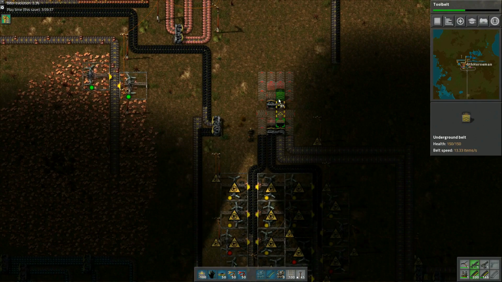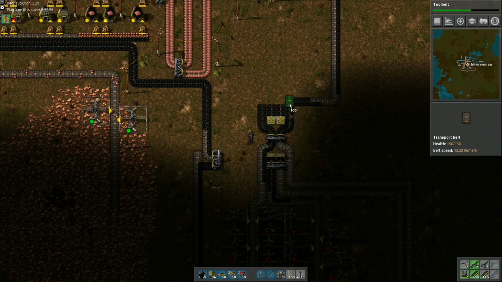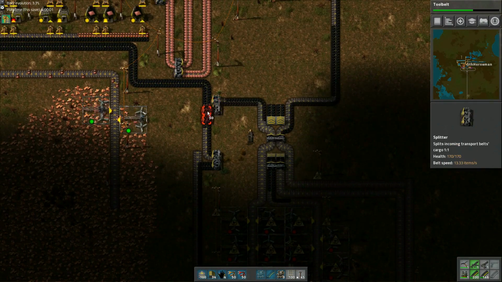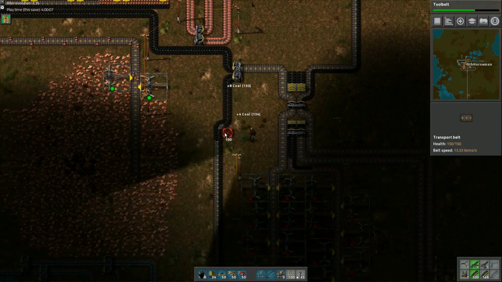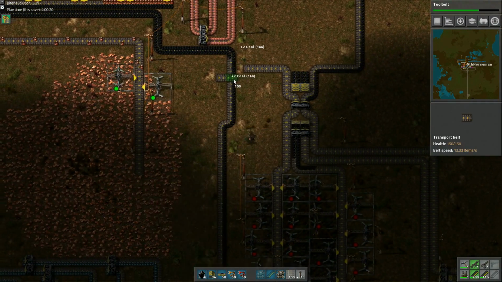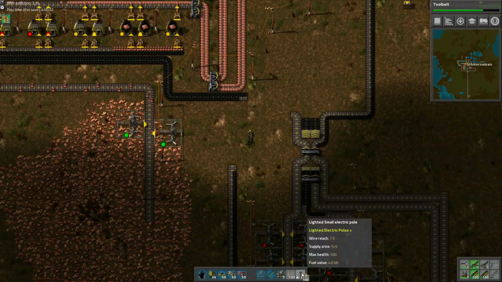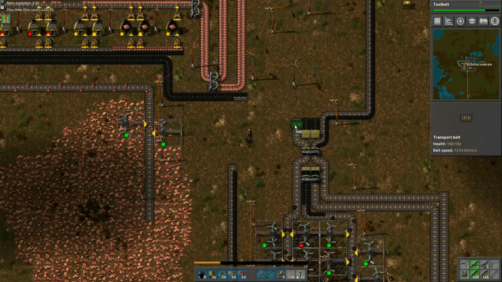Let's see, what do we got here? Oh, this is my 4x4 balancer. Again, it's in red, but I still haven't set up the balancers that I use a lot in yellow. Knowing me, I probably won't. I also wanted my coal line to only be 1, and then I just changed my mind again. I thought that was ugly. I decided to be a little bit more